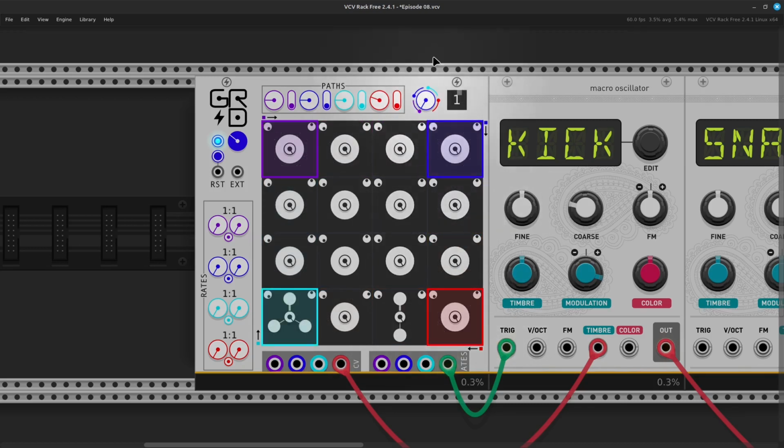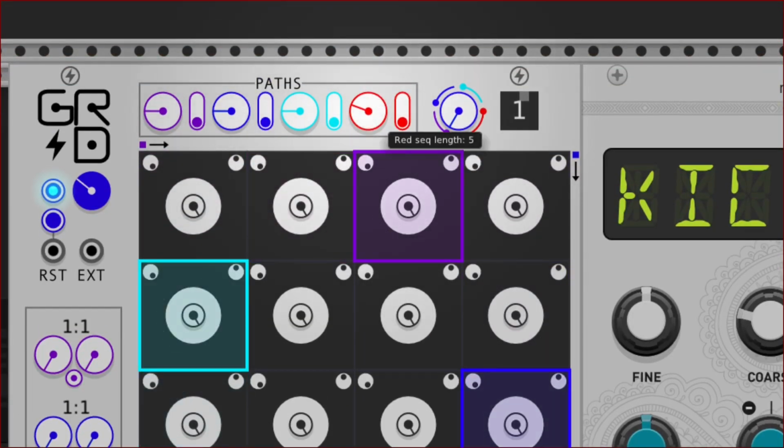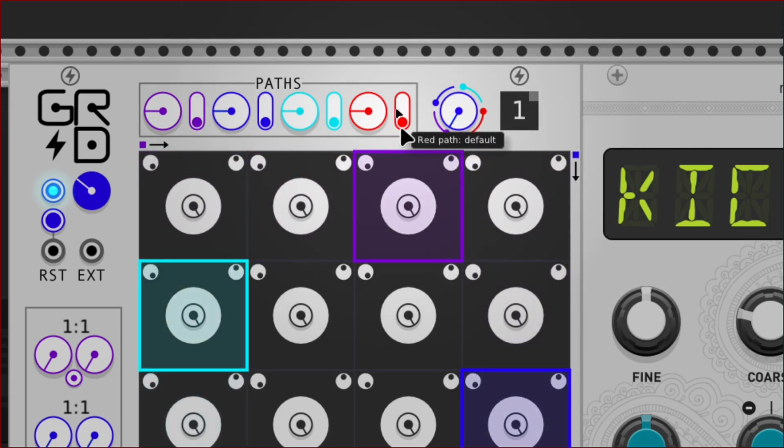Okay, so that's what happens when you change these amounts. Keep things simple. I'll go back to 4. You can do less than 4. You can go to 3. But let's do that. All right, and now here, this is on